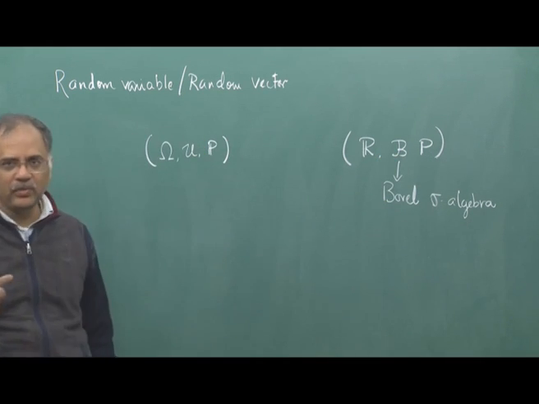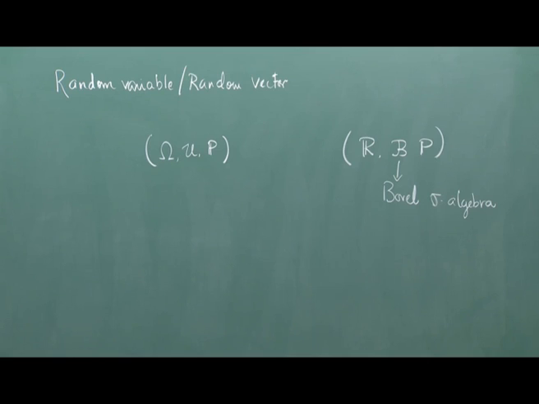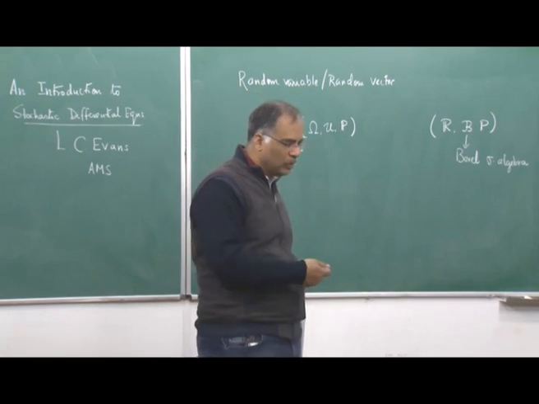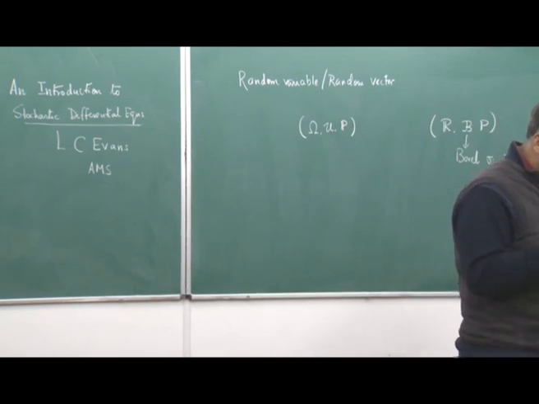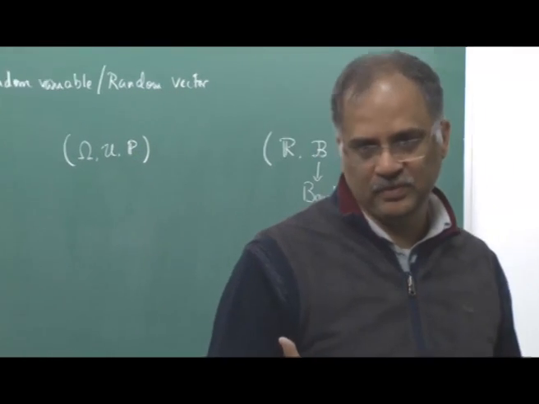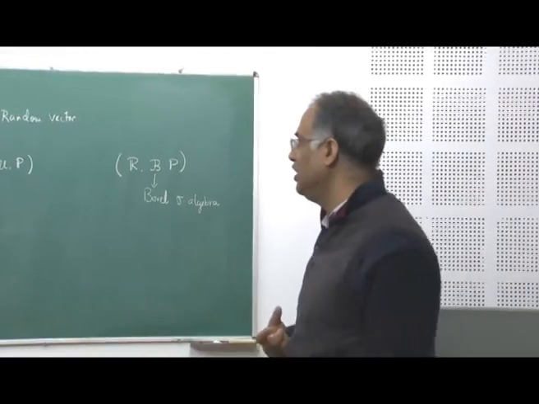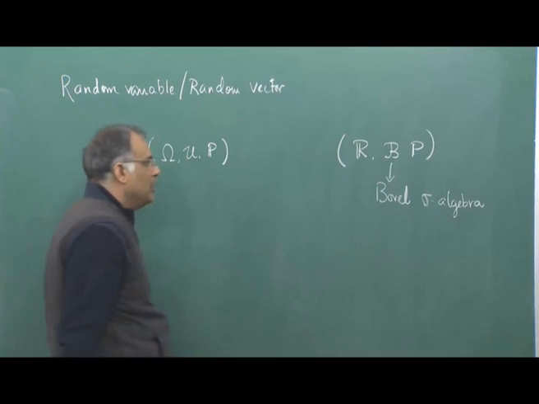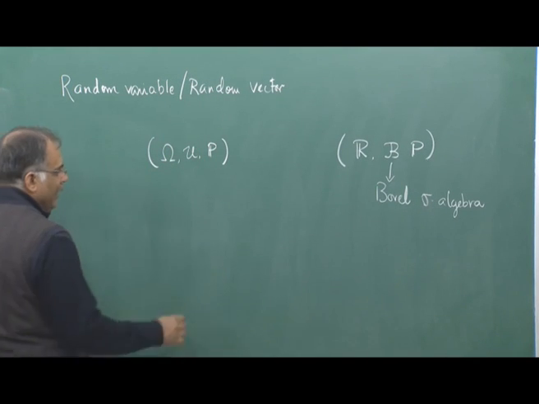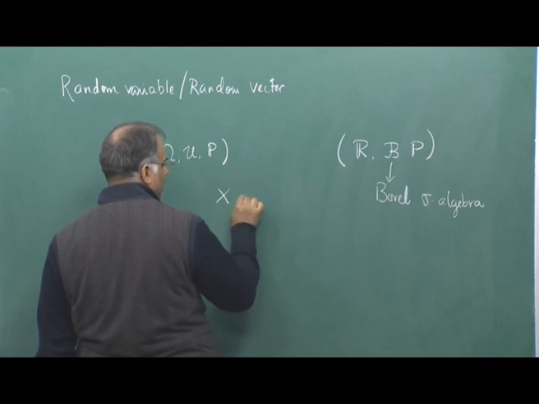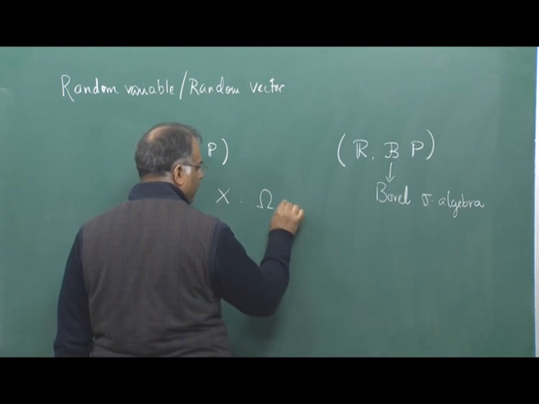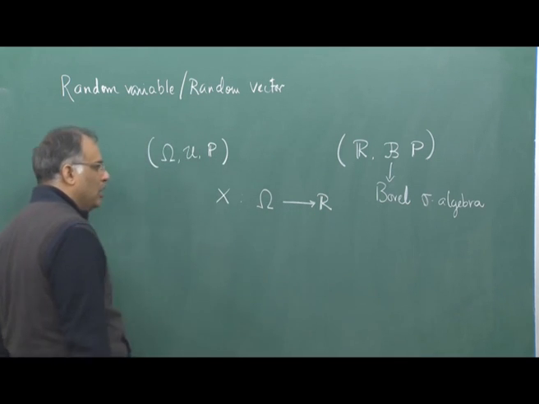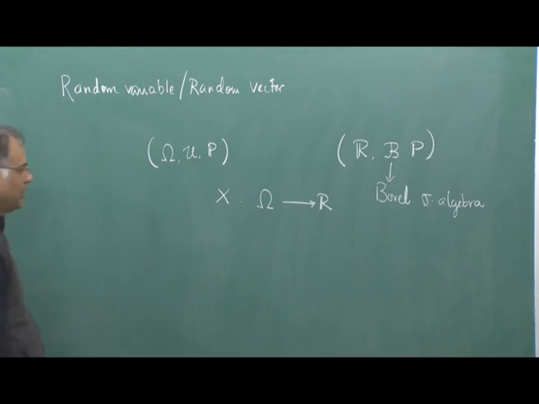Essentially, a random variable is a way in which the outcome of a random experiment is translated into a number, and an outcome of an event is translated into an interval. That is the essential idea. So, an interval or union of intervals. So, X is called a random variable if it is a mapping from omega to R, but with the following property, that if